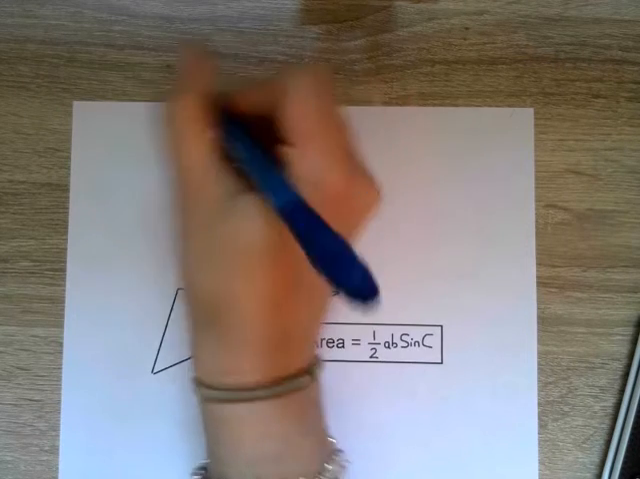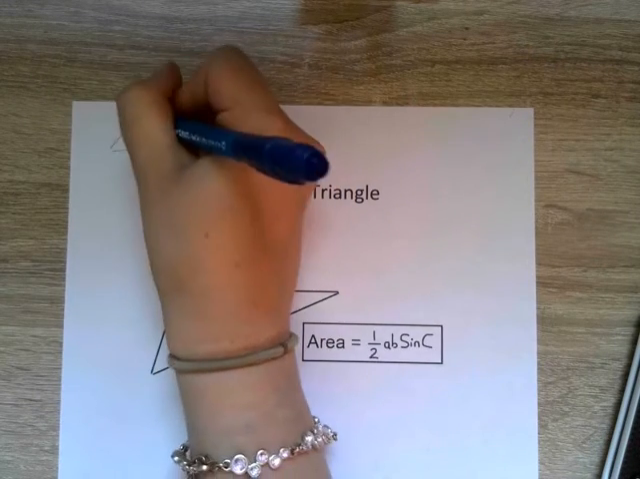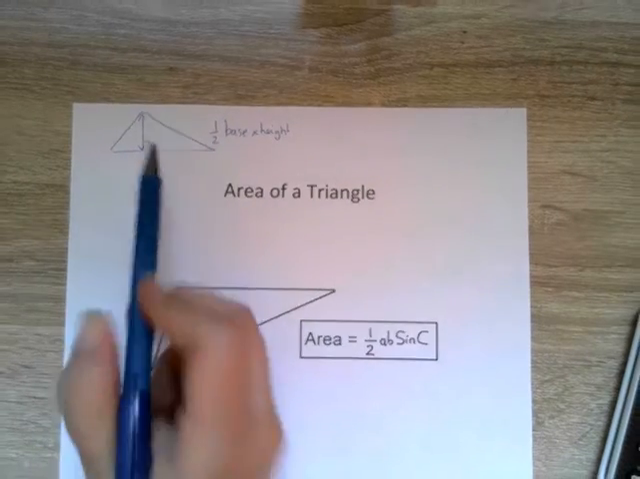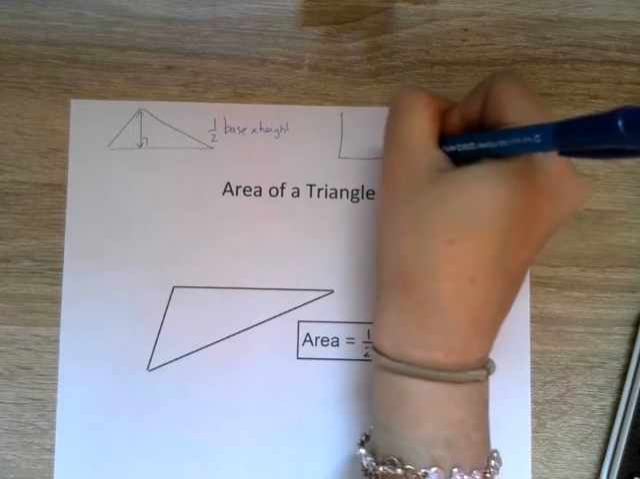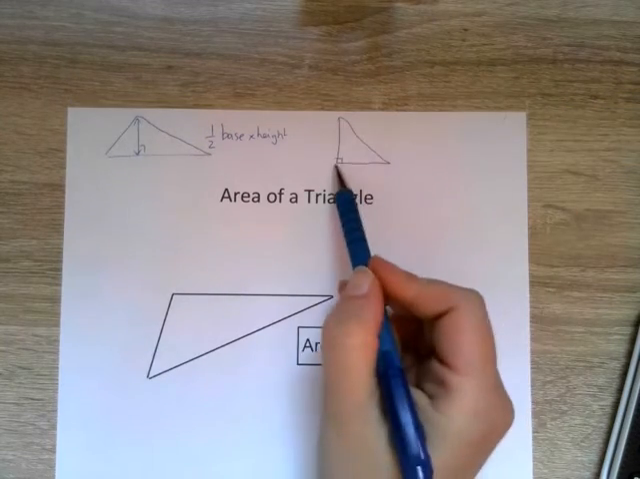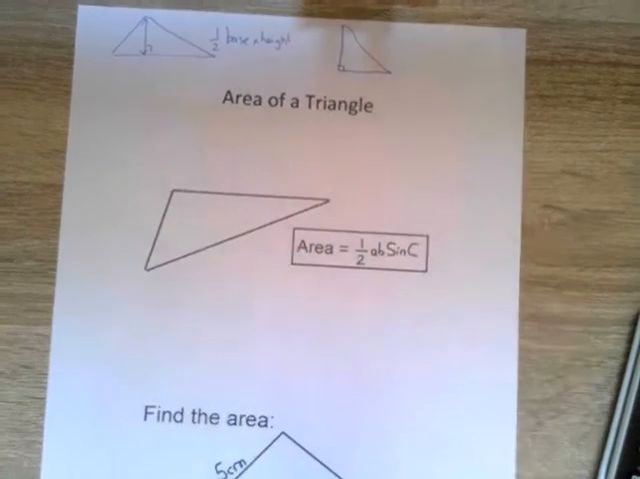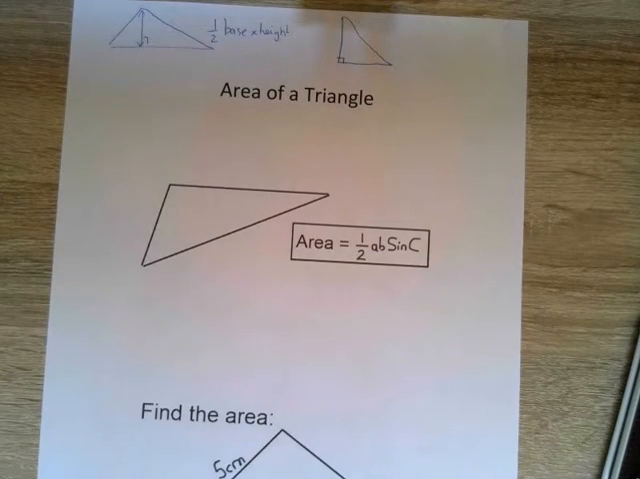half the base times the height, that only works when you know the perpendicular height, like that for example, so where it makes a right angle with the base. Or if it's a right angle triangle like this, then you can just do half the base times the height, because that is the perpendicular height. Okay, so sometimes you don't always know what that perpendicular height is, and therefore you have to use this formula